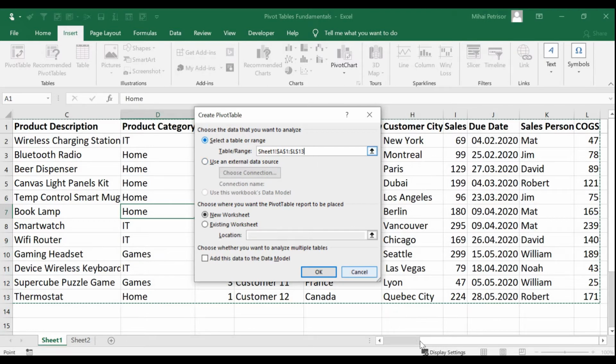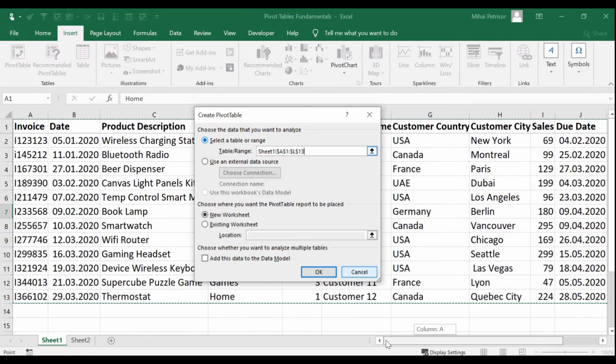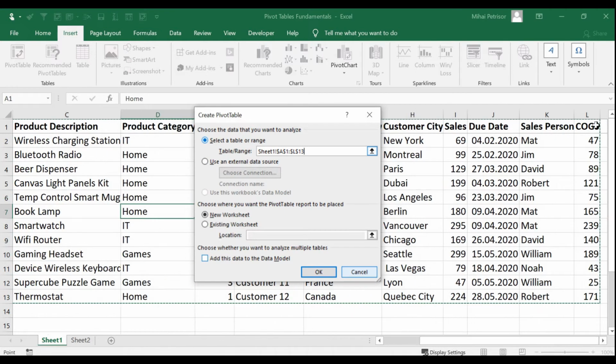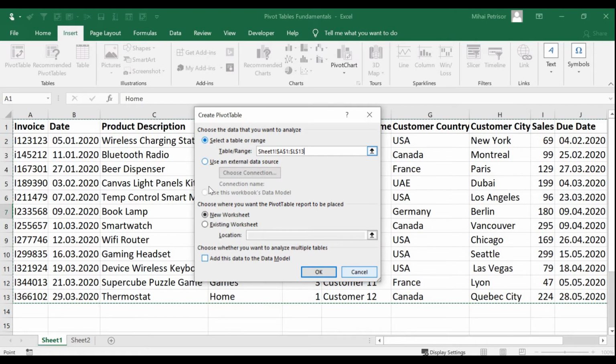We will keep all this information because, as you can see, we have already checked that our source is correct, and then we will go below to choose where you want the pivot table report to be placed.